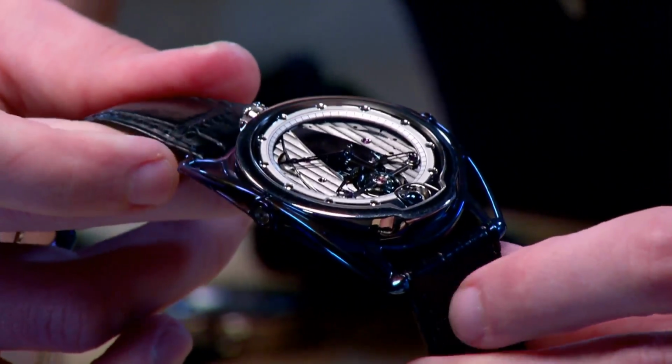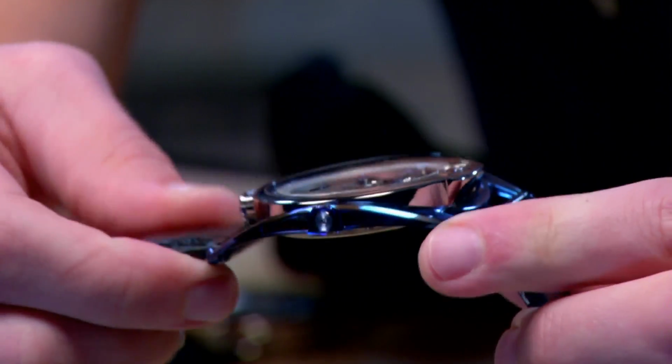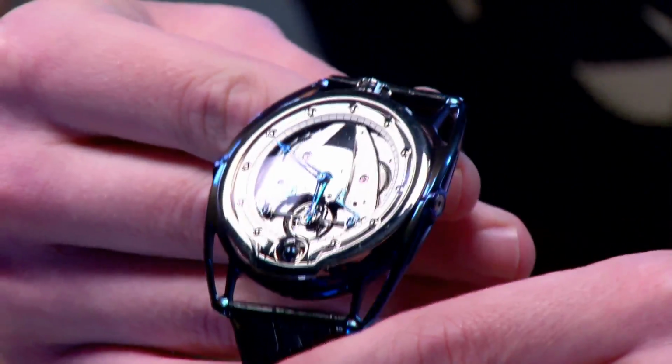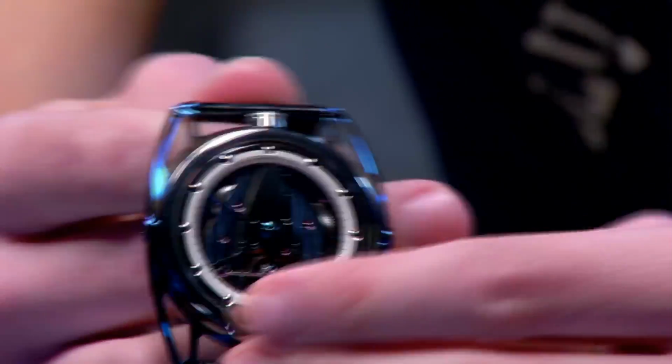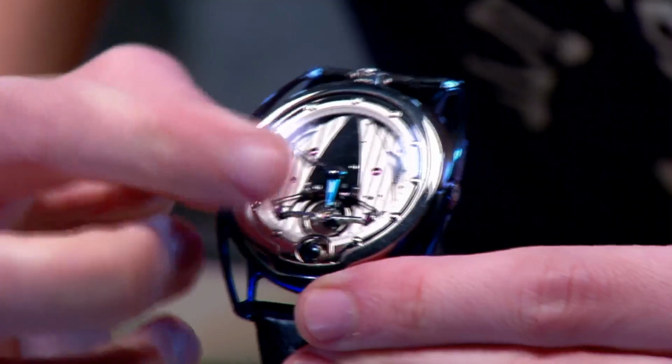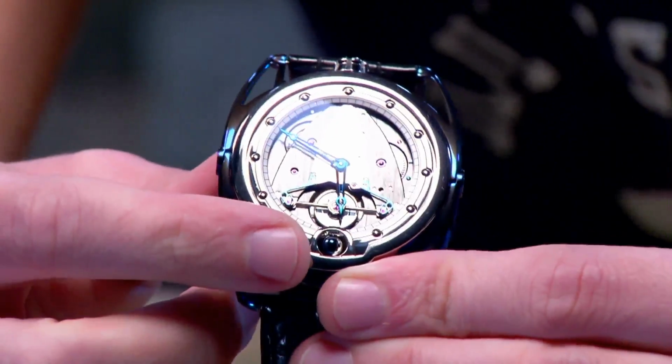And then you have blued titanium for the spring-loaded floating lugs. So they actually change their geometry. And yes, if they scratch, Devotees can refire them and re-blue them. Now over the dial, I'm going to remove my fingerprints here, you can see the movement. Twin mainspring barrels, there's a power reserve ducking out from under the bezel flange, a moon phase that is spherical,